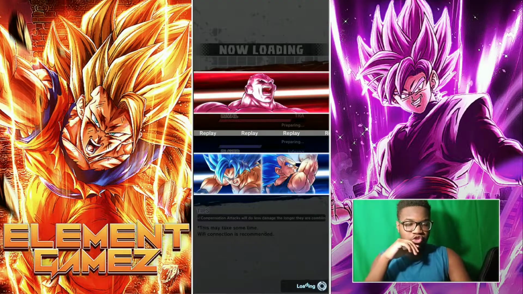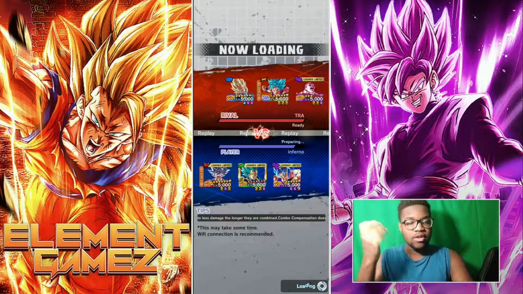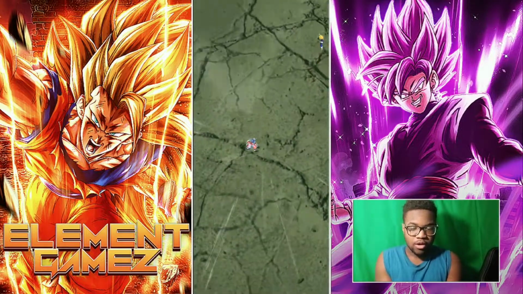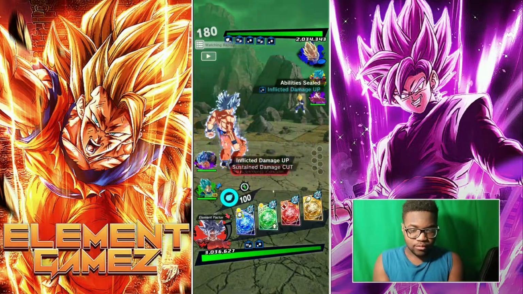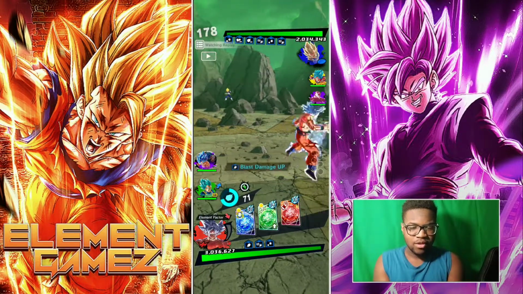Alright, another match. USS. Team's looking a little bit better here than some of the other teams. At least the equips are. I forgot what the rest of the team looked like, but these three are looking a little bit better. I'm not sure this match goes too well for this guy. I feel like, if I'm remembering correctly...